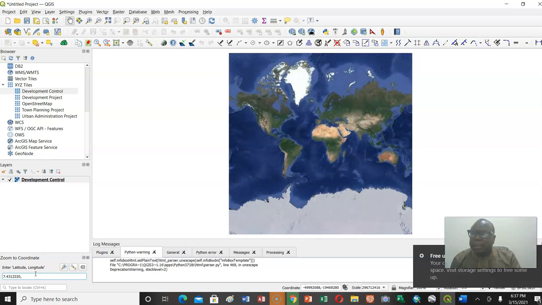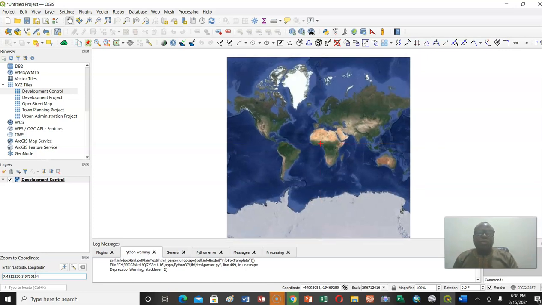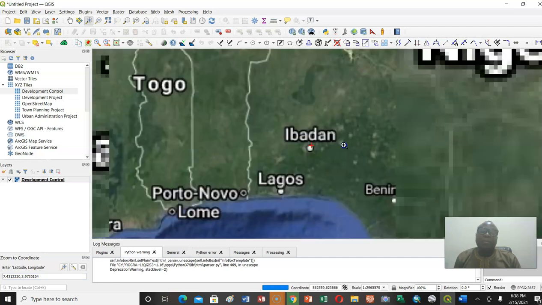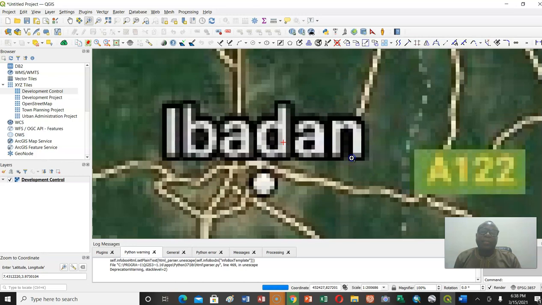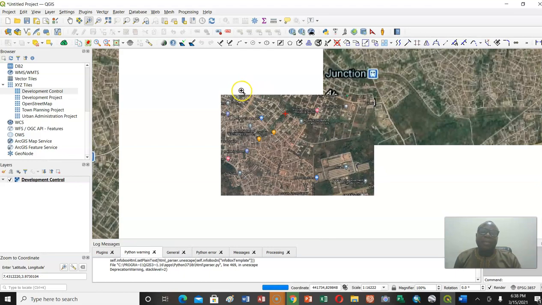Then the longitude is 3.9730104. Once you hit enter on your keyboard, it will show you the exact place where the place is located. Then you can now zoom. You can use the zoom tool to zoom, or you use the pan tool to move to the place. That is the location of the guy that has contravened the